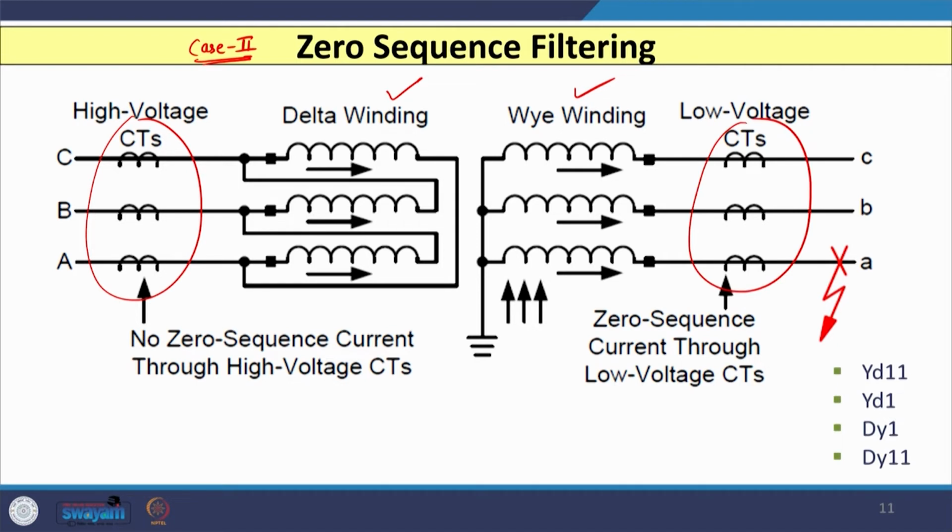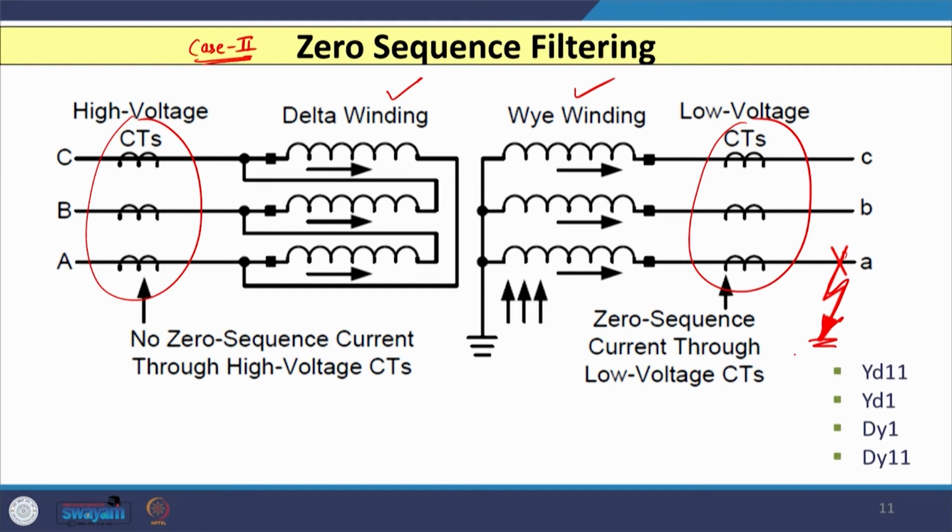Now, if I use a conventional scheme, as this is the delta winding, these three CTs are connected in star, and this is the star winding, so these 3 are connected in delta. But in the case of a digital relay, we connect both these CTs in star fashion to avoid the disadvantages of delta winding. In that case, we know that if a fault occurs